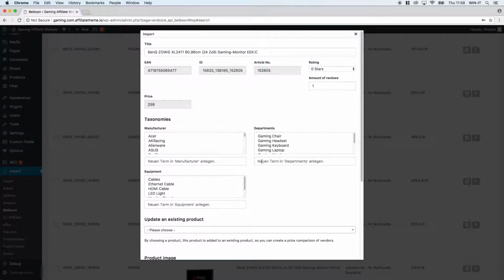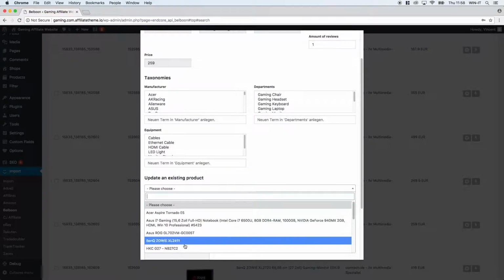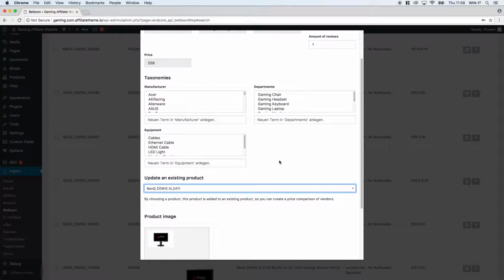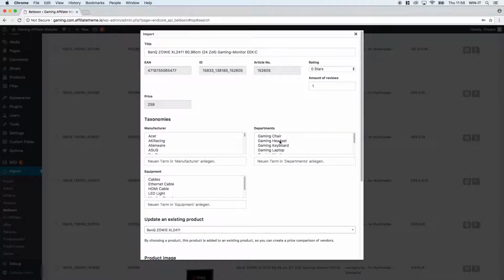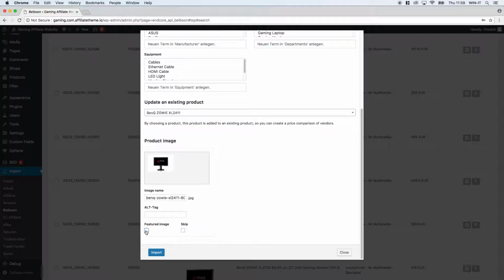Again, I click import. I don't care about the information here. I'm just choosing my BenQ monitor, because then automatically all the information that we already defined for the Amazon product is applied to this, so we don't really need to mess with this. We don't need this image again because we have it already. I click import,